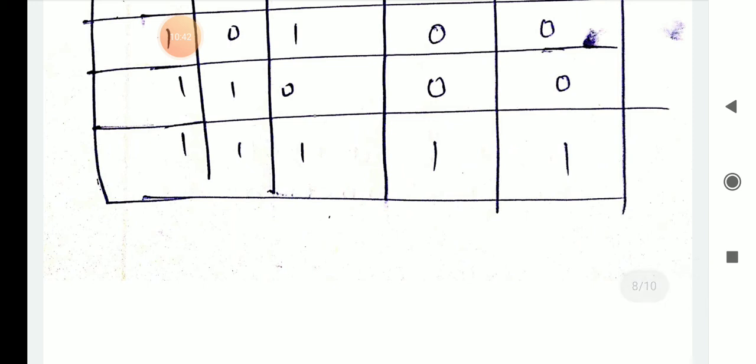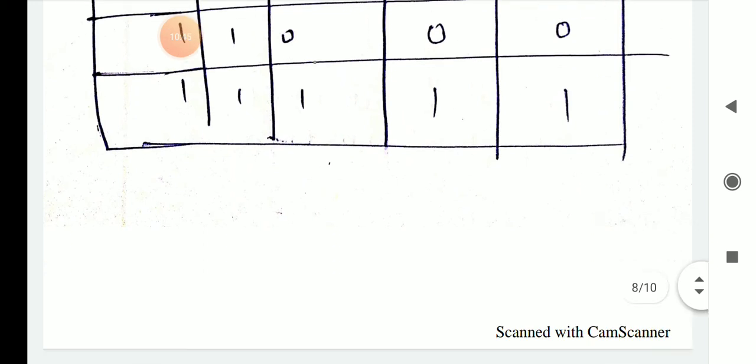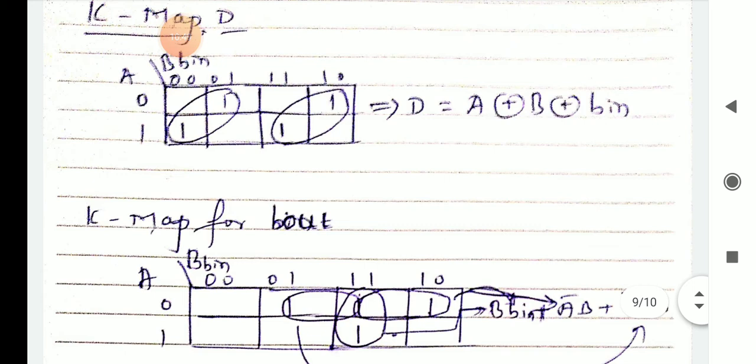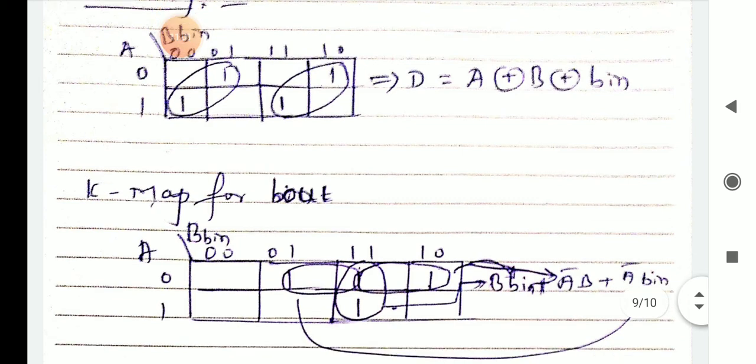So next we will move on to the Karnaugh map for difference and borrow out. Okay, so how are we going to implement this one? As you know, in the half subtractor you have only 2 plus 2, 4 combinations. Here you have 8 combinations. Okay, so first A slash B Bin.